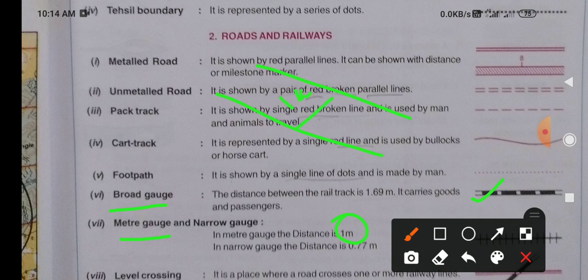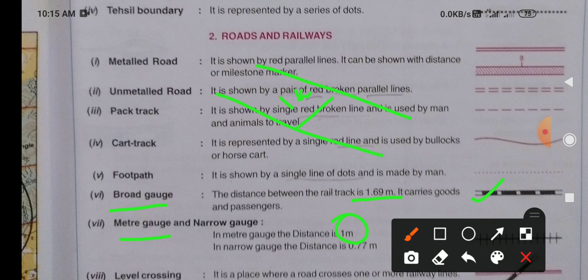Okay. So this broad gauge is about 1.69 meters. That means it is more than 1 meter. So this becomes broader, wider. Commonly nowadays, whatever you see near you, all are broad gauge railway lines. But meter gauge lines, if you go to Darjeeling and other hill stations, will be shown, and they are still narrower. They are smaller in size.